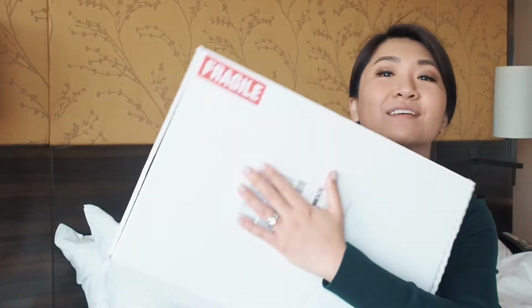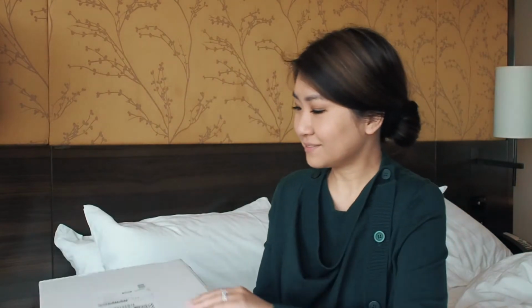when she launched it, and I was online when it went live, so I was able to grab myself a couple of items. I think one of the lip kits sold out pretty much in an hour and a bit when I had it in my cart, so I swapped a few colors here and there, but let's just have a look. So it arrived in this box, and